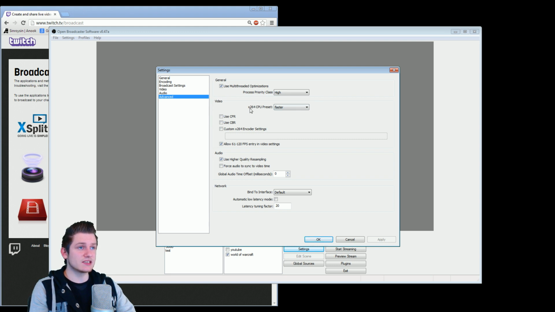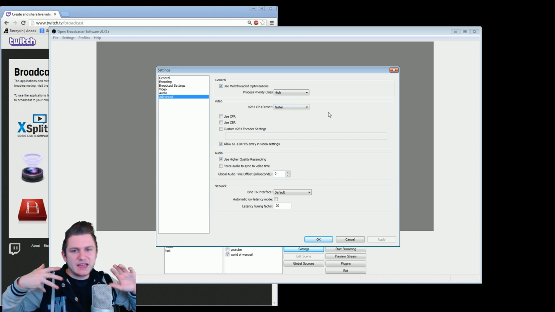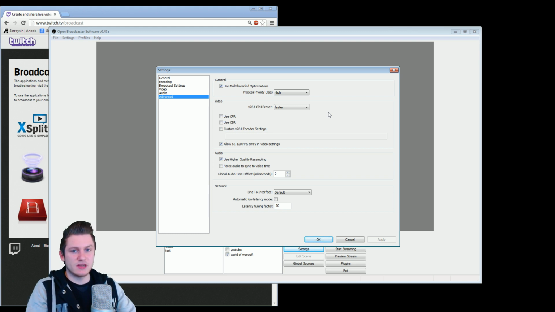The second thing is the x264 CPU preset. This means how fast your CPU is going to put it all in one package and send it out to the server, as far as I understand. The slower you put it, the sharper your stream is going to look. I don't know why you need to put it slower. Ultra fast sounds ultra fast, so it's awesome, but it means it's going to send everything as fast as possible, so the quality will decrease. And when you send it slower, you do it in more detail,